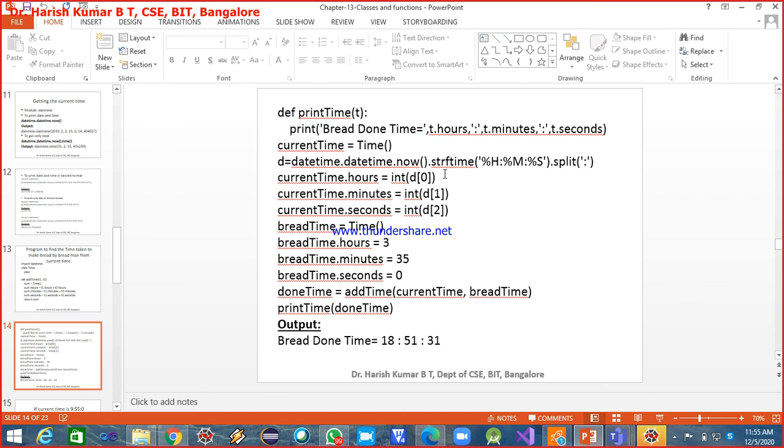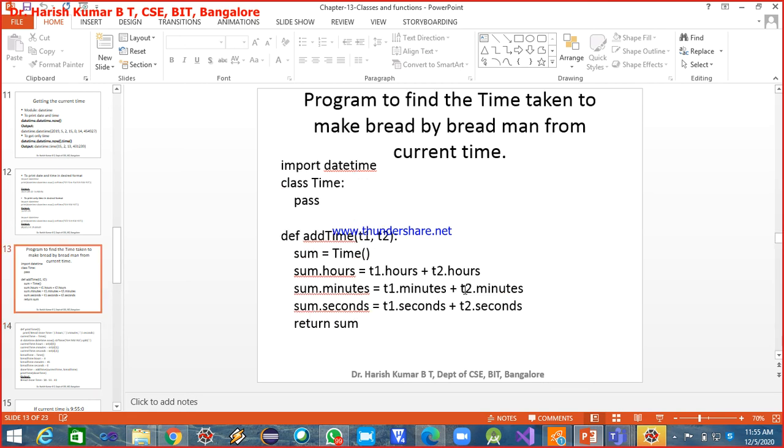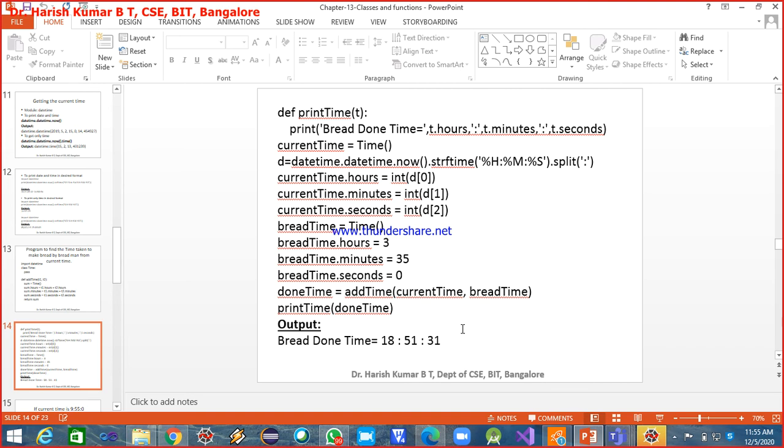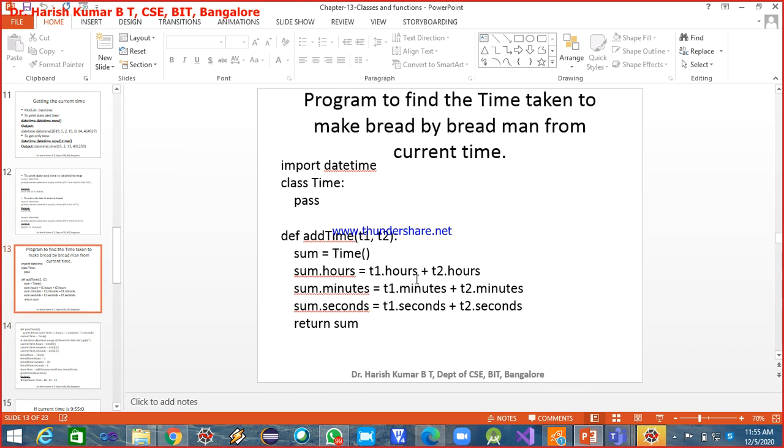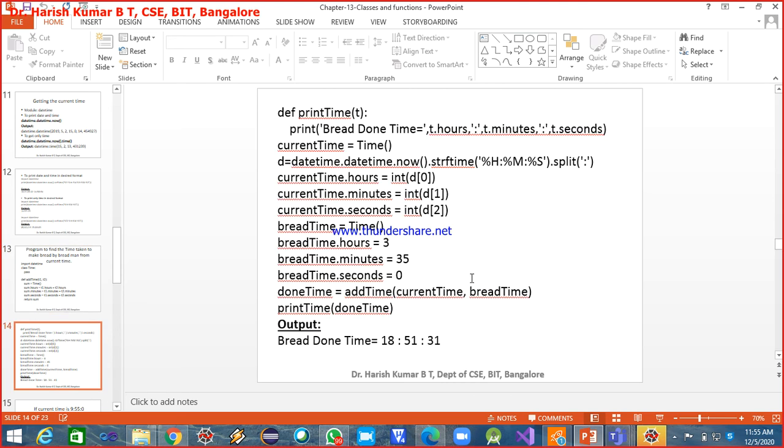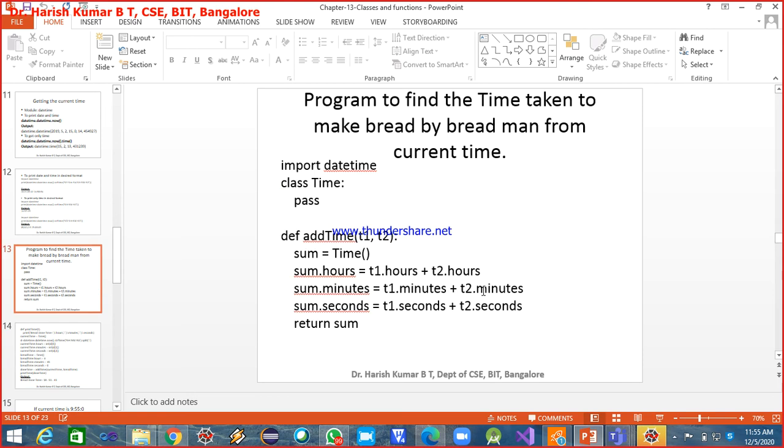The current time is already read from the system, and the hours, minutes and seconds are assigned to the respective attributes of the current time instance, and the time required for preparing the bread is also assigned to the instance with the name bread time. So we are passing both current time and bread time. Now when it comes here, the current time, which is an instance of the class time, gets copied to T1, and similarly the bread time, which is another instance of the time class, gets copied to T2.